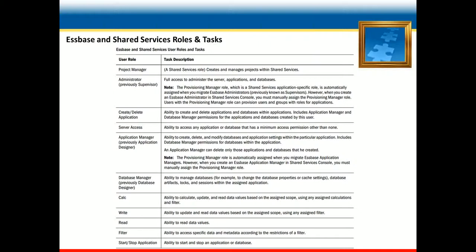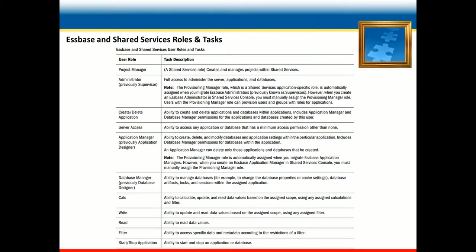When we talk about roles, what are the different kinds of user roles available? As you can see in the slide, there are various user roles available from the EPM system: project manager, administrator, create or delete application, server access, application manager, database manager, calc, write, read, filter, and start or stop application.